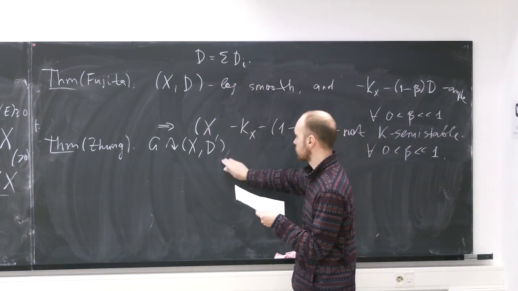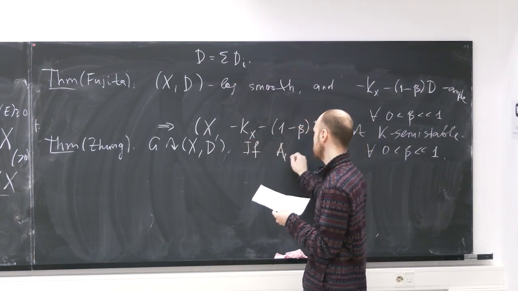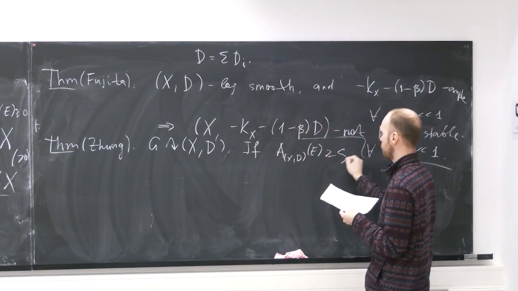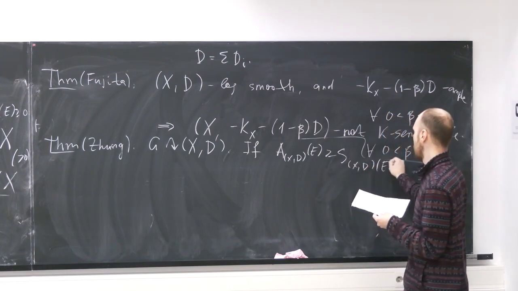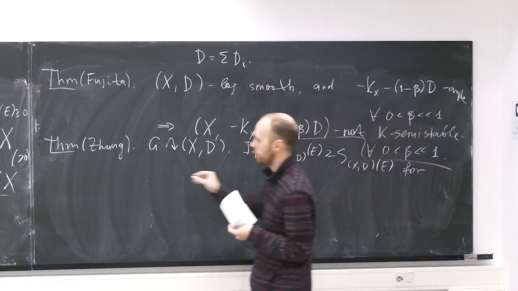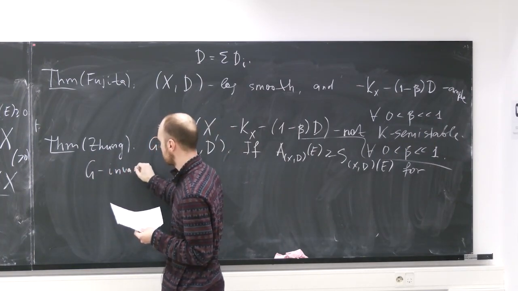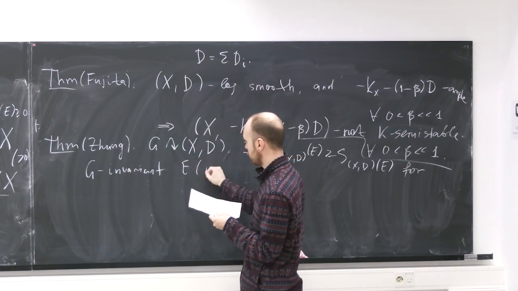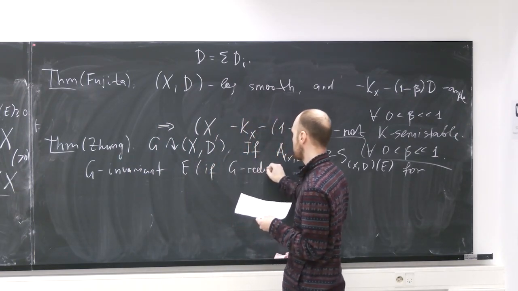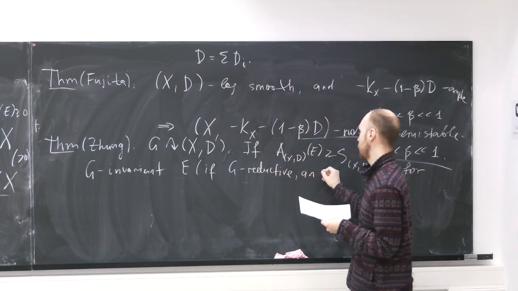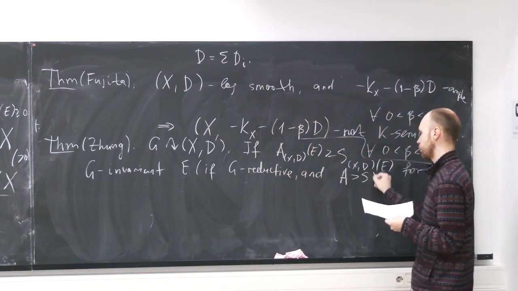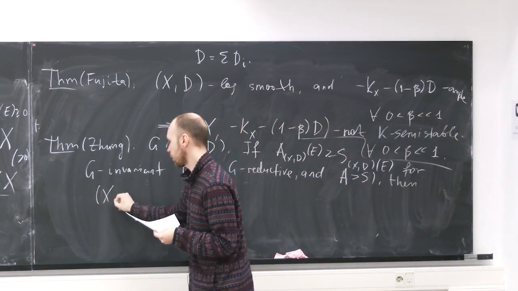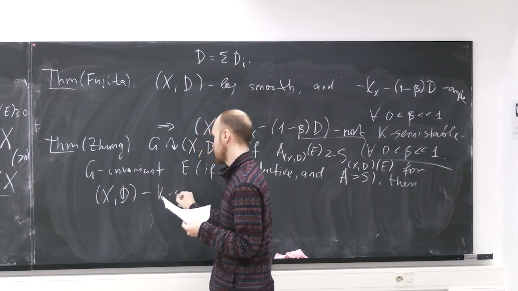So if beta is greater or equal to zero for G invariant E, and respectively if G is reductive and we have strict inequality, then this pair (X, D) is K semi-stable,